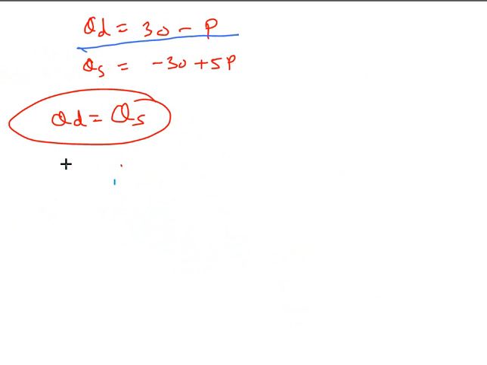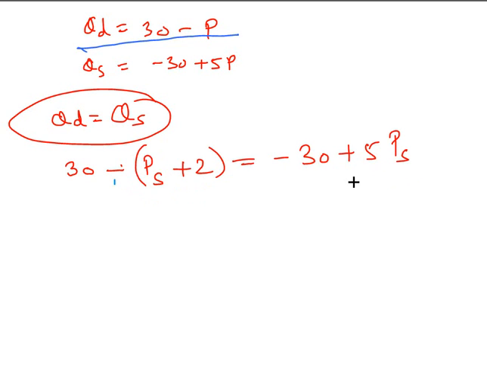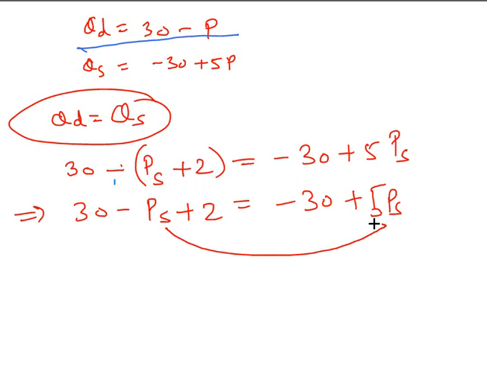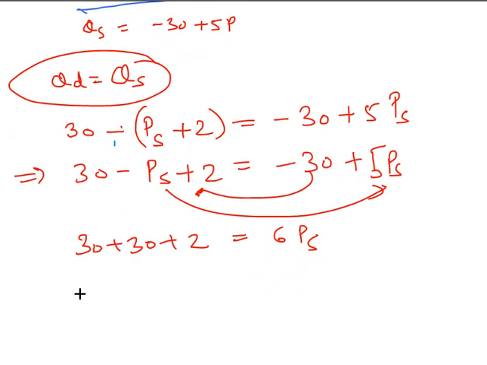So the price that the consumer is paying is the price of the supplier plus 2, and this is the price the supplier is getting. So if I compute, it is 30 minus (PS plus 2), equal to minus 30 plus 5 PS, right? So bring this here, it will be 30 plus 30 plus 2, equal to 6 PS. And so this will be equal to how much? 62 by